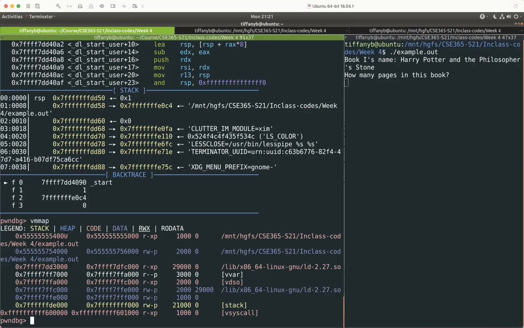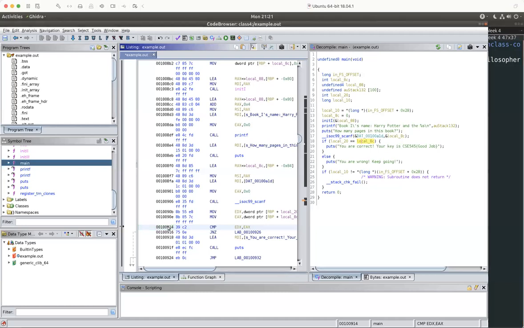So for us, what we need to do is calculate this: take this as the base address, and then plus the offset of this particular instruction shown in the program. And in order to do that, what we could do is move your cursor